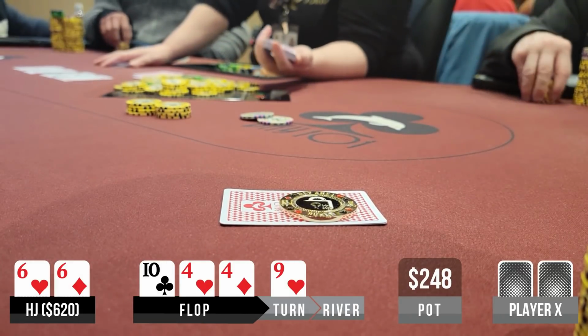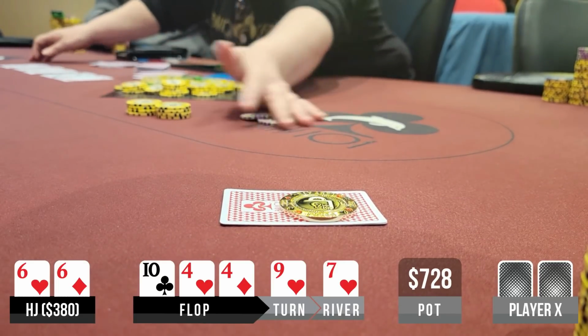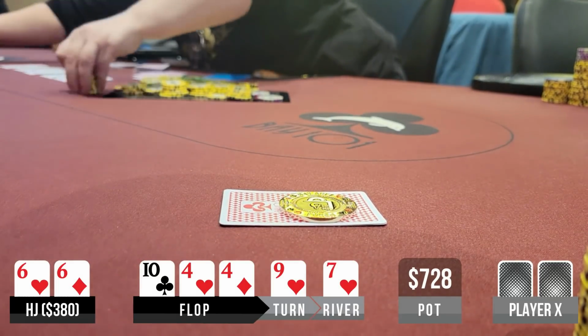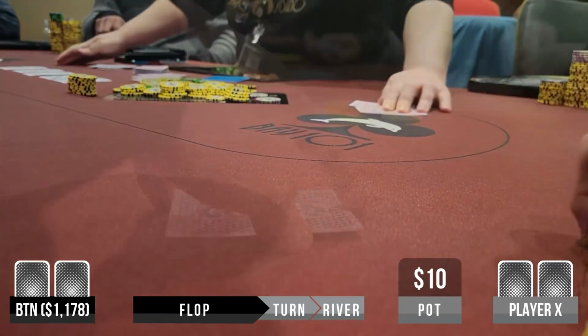Alarm bells are ringing now, as he may very well have stronger than a 10, so when the river rolls off the 7 of hearts, I shut this one down. My opponent rips for my roughly 400 effective. Got wrecked in this one, unfortunately, and that brings us to the last notable hand of the session, in which